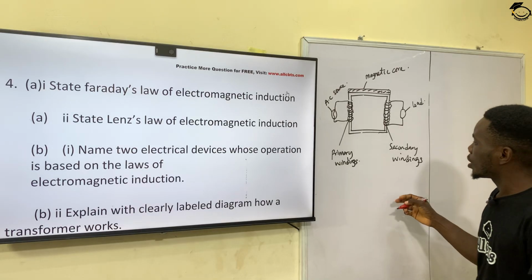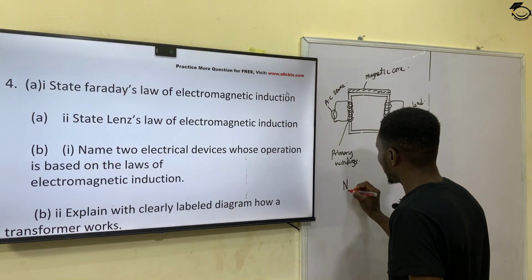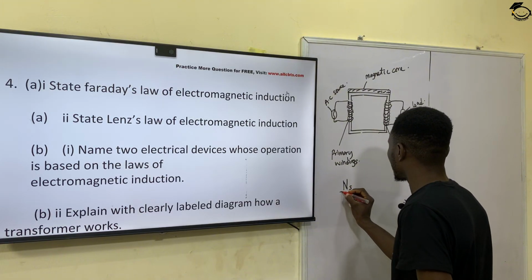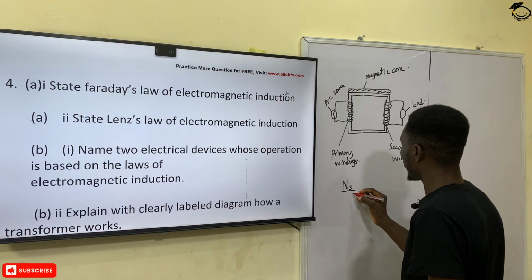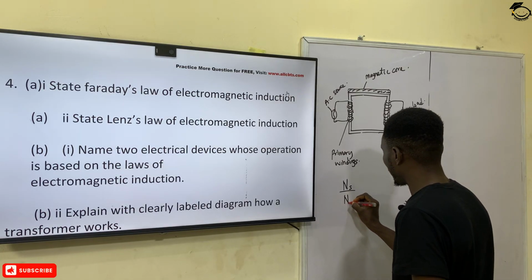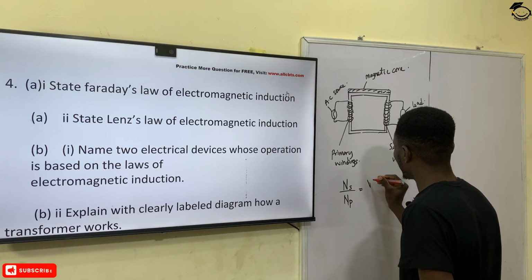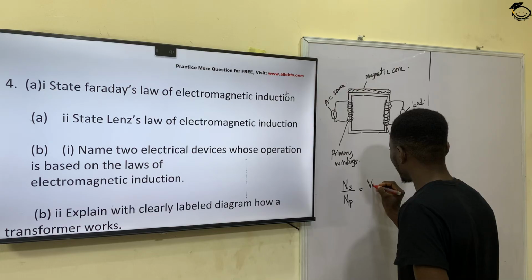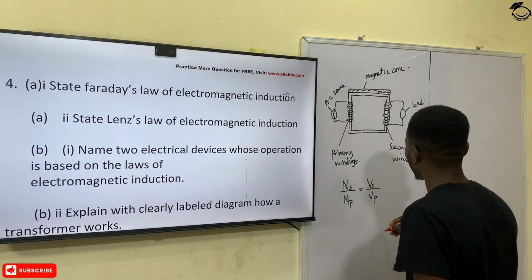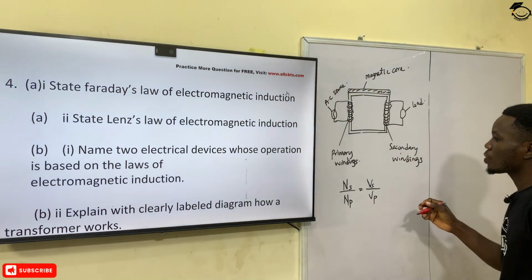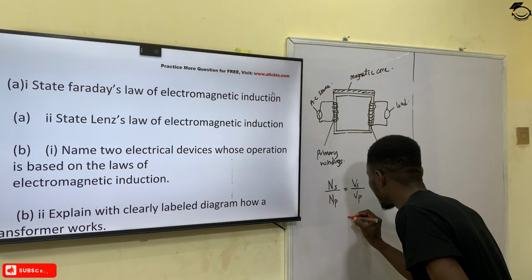And how does this work? The transformer has a formula that says that the number of turns or windings in your secondary coil over the number of turns or windings in the primary coil is equal to the voltage in the secondary coil over the voltage in the primary coil. But please note that if in your transformer you discover that your secondary windings